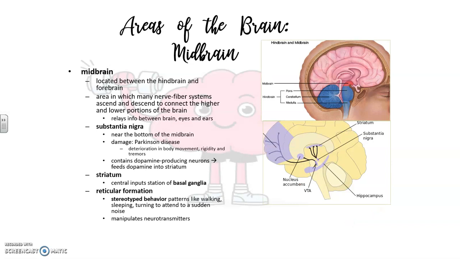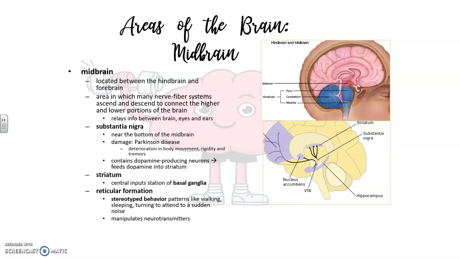The midbrain, again, located in between the hindbrain and the forebrain, has a lot of nerve fiber systems connected to the lower and higher portions of the brain, and this also relays information between the brain, eyes, and the ears, which is pretty cool. Substantia nigra is near the bottom of the midbrain,